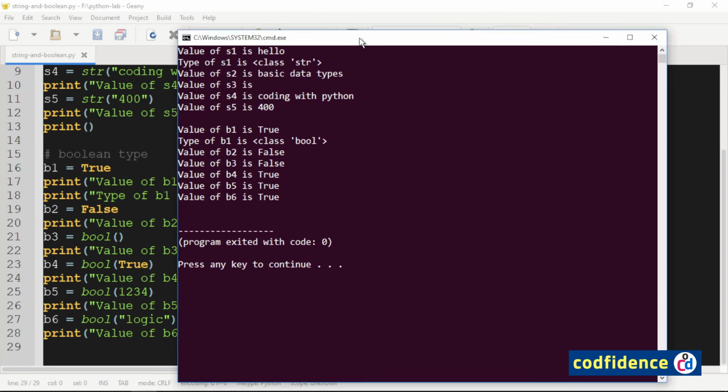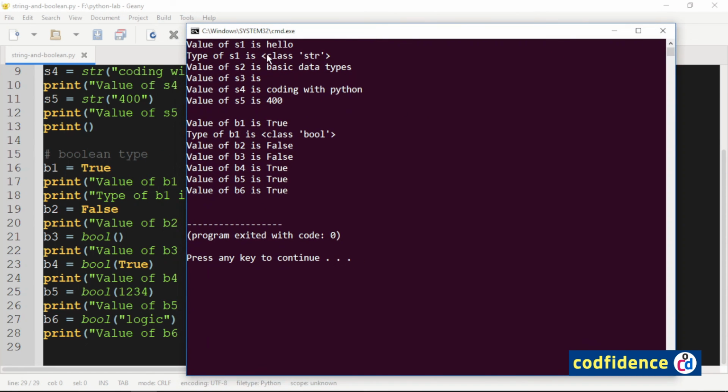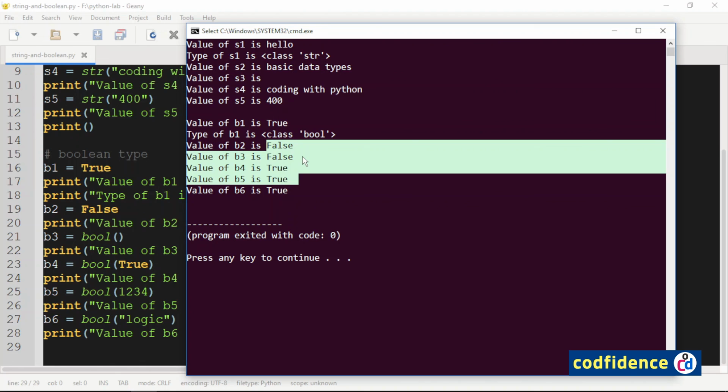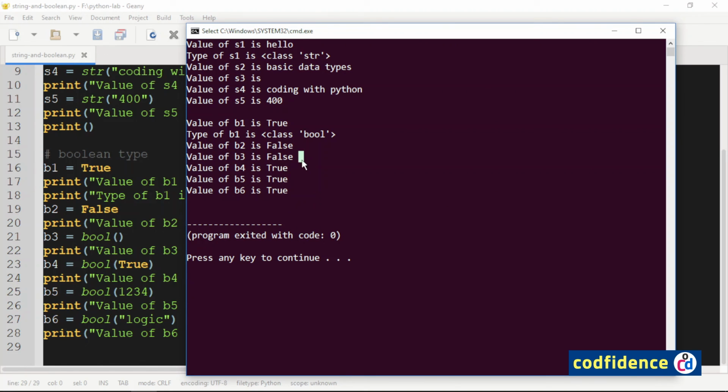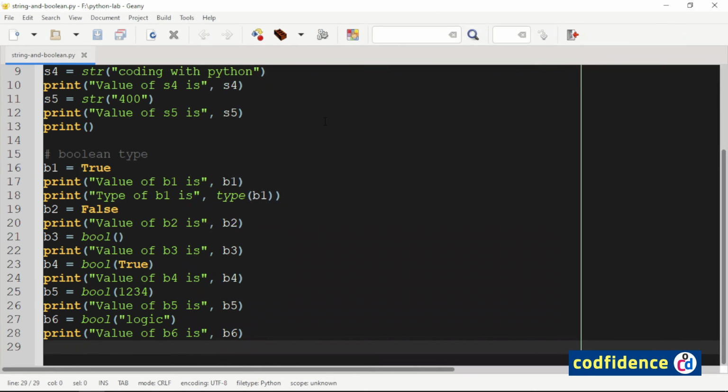The type of a Boolean variable is class bool, and a Boolean variable can store either true or false. Care should be taken that the first letter of true and false are always capital in Python. If the argument of bool function is not false or empty, it will return the value true. We will see more about how to use variables of these basic data types in the coming videos.